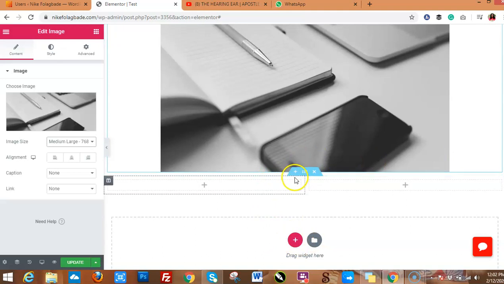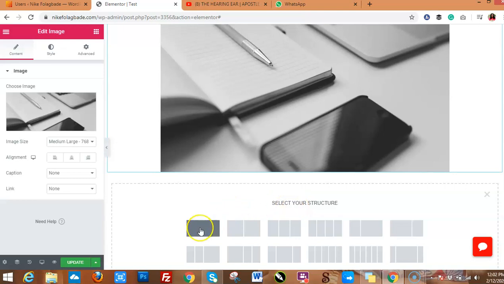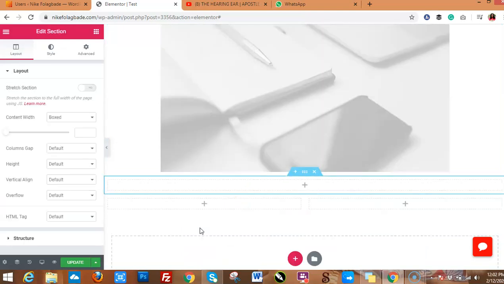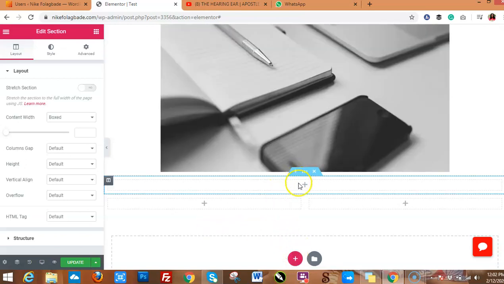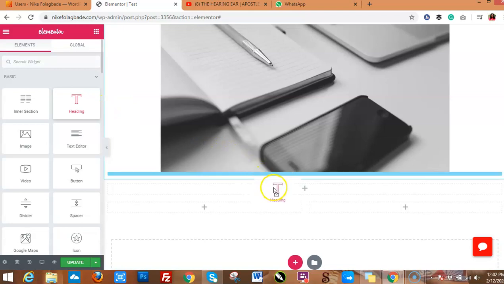So what you need to do is to just come over here, just over the section that you want to use, and you just add section. You can see it now. You can just put the one you want to put over it, right? So you can choose to put something under it by clicking on this one here, or you come and click on this particular one. So let's say we want to put services and we want to put the title of, so let's take heading and drag it into